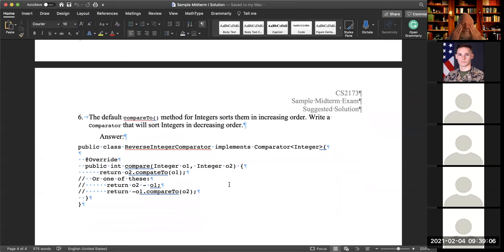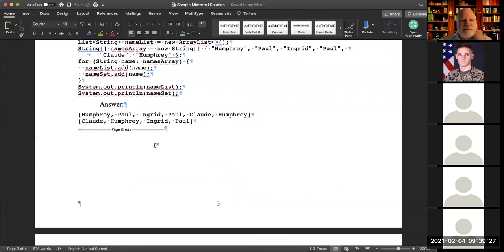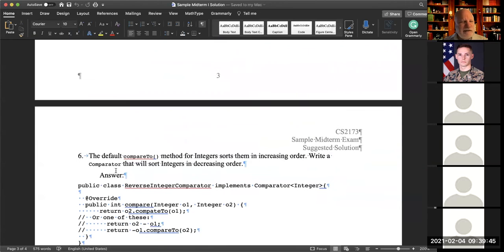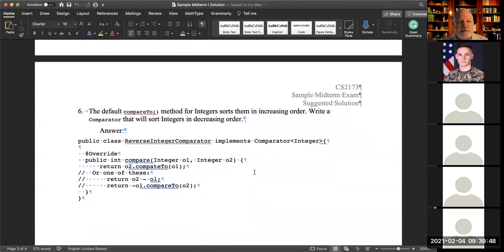Okay, so now this is what I was talking about yesterday and totally mucked up. My apologies. I'll redo that. You're not responsible for this. In other words, I'm not going to ask a question about comparators and compareTo stuff like that. I do expect you to know that sorted sets will keep things in order. So strings are in alphabetical order, numbers are in numerical order, lowest to highest, and the difference between lists and sets, that I am making you responsible for because I totally screwed this part up yesterday.